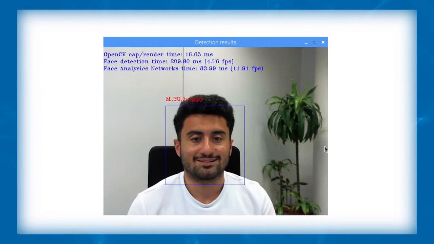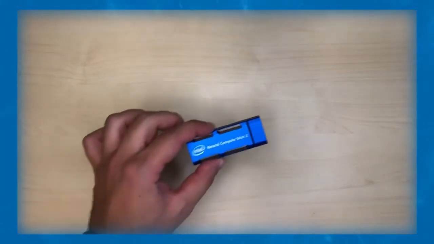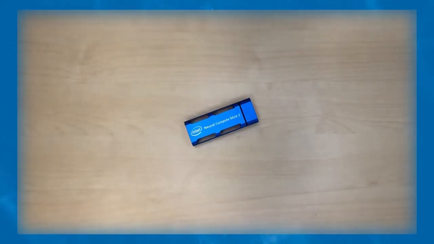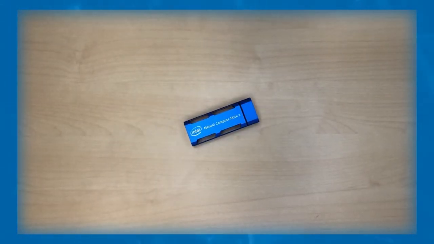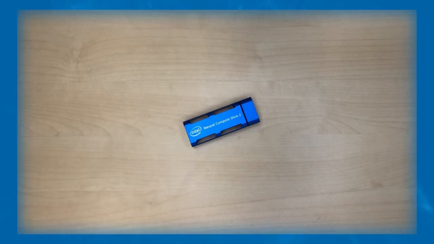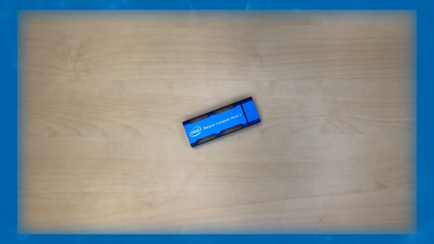Let's start by showing all the products that will be used in this tutorial. The main component is the Neural Compute Stick 2 previously mentioned. It is a USB plug-and-play artificial intelligence device for deep learning inference at the network edge.